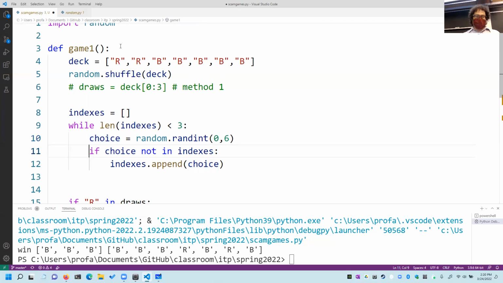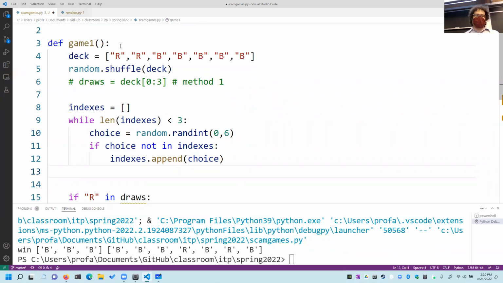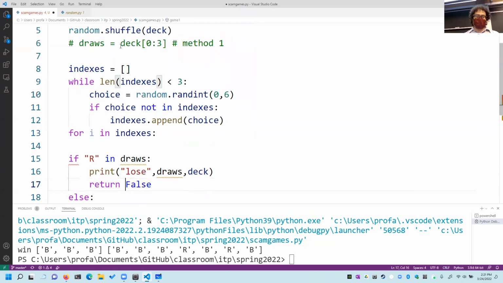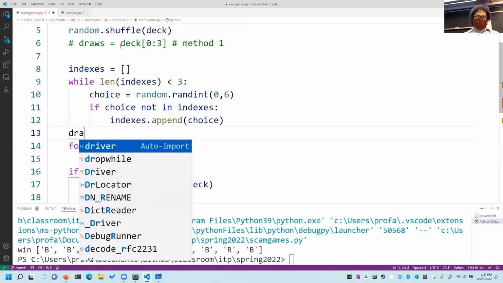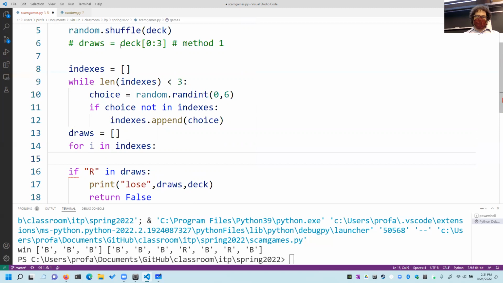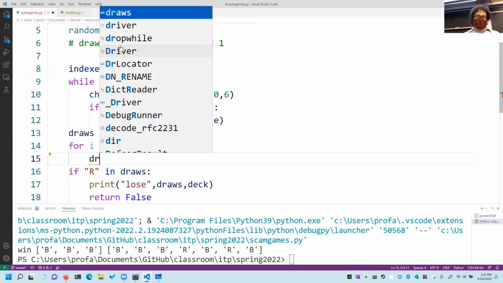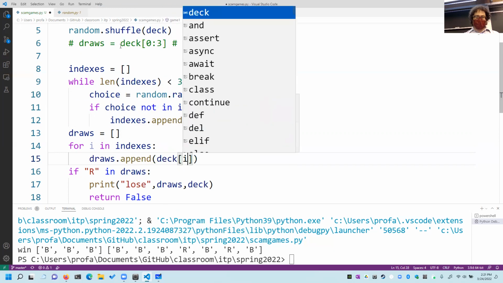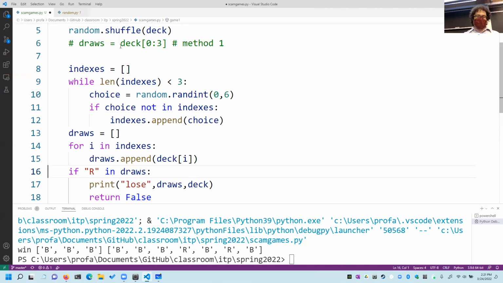So what I'll do here is, now that I have these indexes, I can say for i in indexes, for each of these, I'll make my draws over here. Draws is equal to an empty list, and I'll say draws.append(deck[i]). And what we'll see here